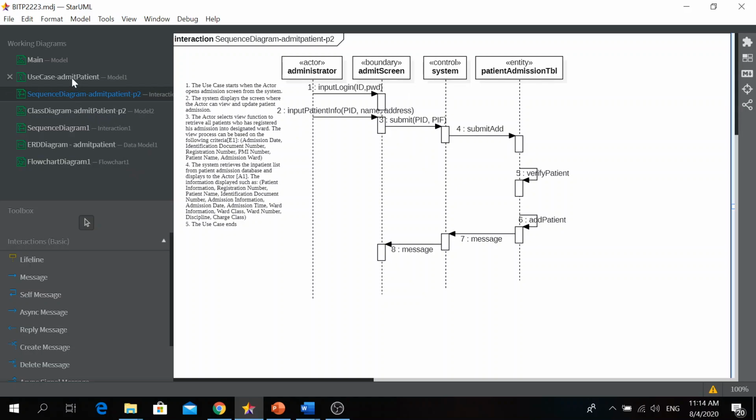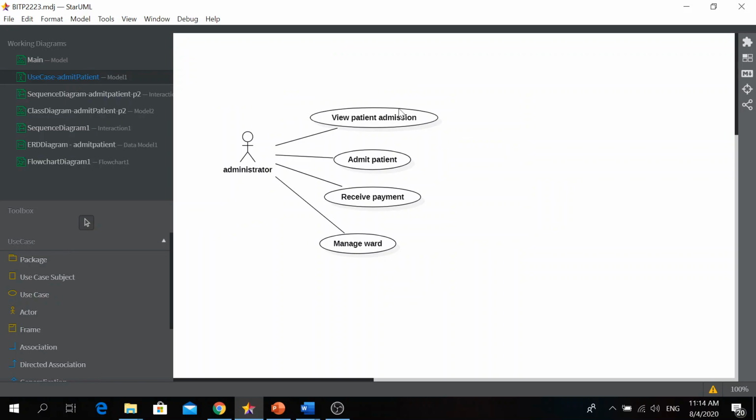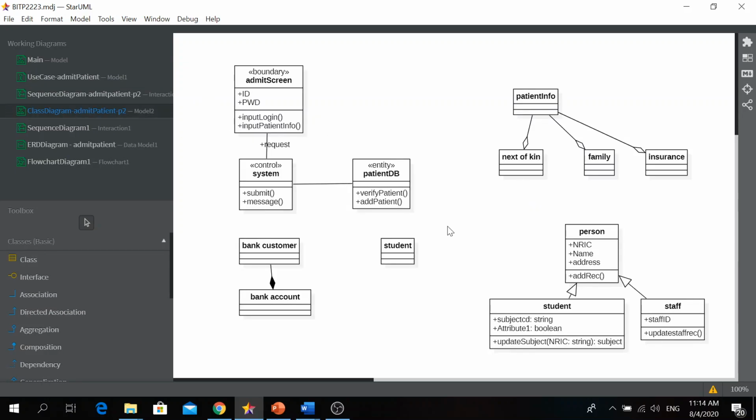When you start your analysis, you start with the use case, you describe your use case specification, and then you come out with the class diagram. This is an enhanced class diagram. Normally your initial class diagram is like this: patient information, next of kin, family, and insurance. You just discover these things only.